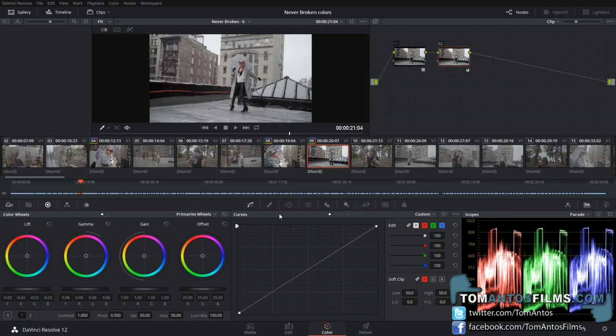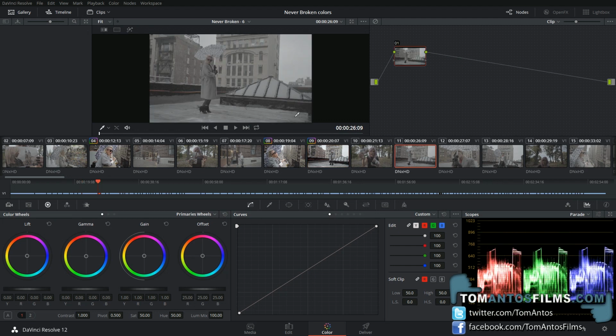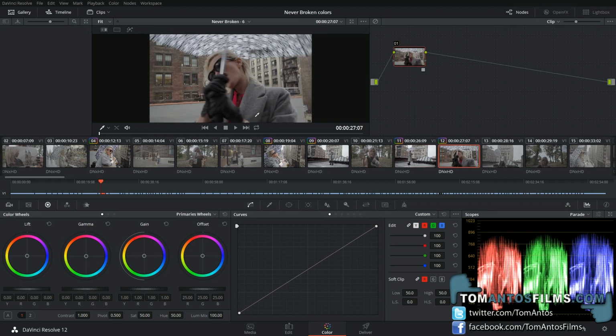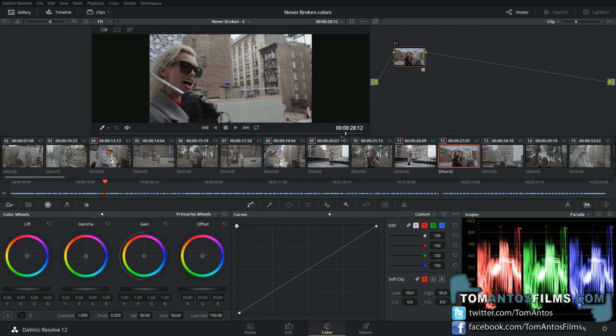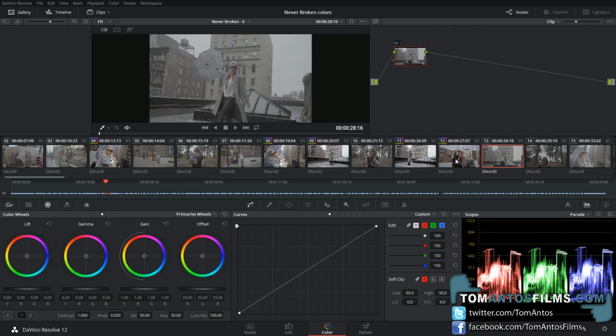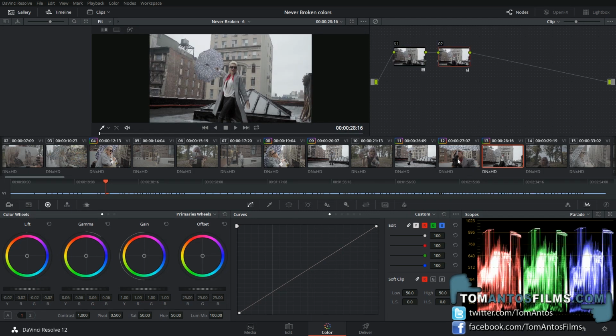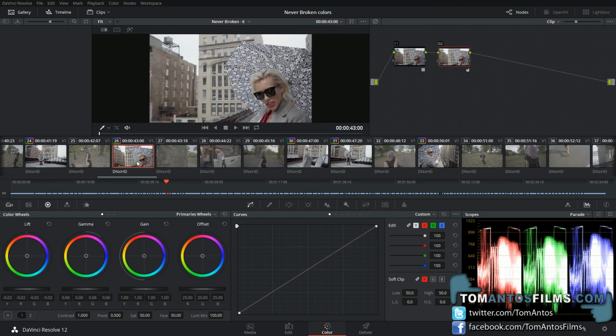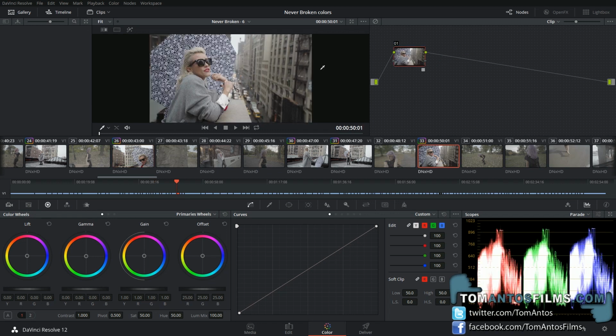Once we've done that, we'll go to the next rooftop shot. Again, it's the same shot, so I'll just copy the settings from the previous one. And that's how you work through your shots, copying these settings over and over until you're happy with them. So let me go quickly through all these shots and copy it. Here I basically took all of our rooftop performance shots, and as you can see, I very quickly was able to copy the settings by dragging over the shot I want to copy from and clicking the middle mouse button. So once I've done that, the next thing I want to do is apply our look to these shots,